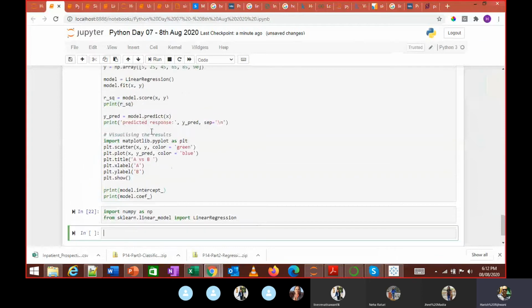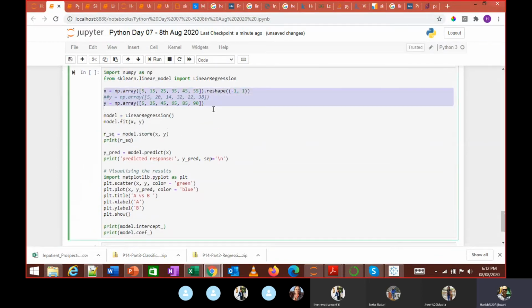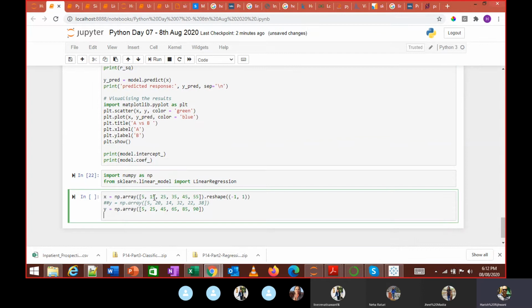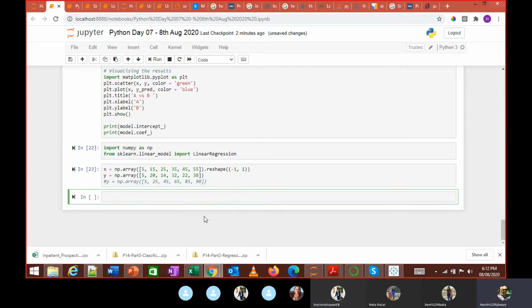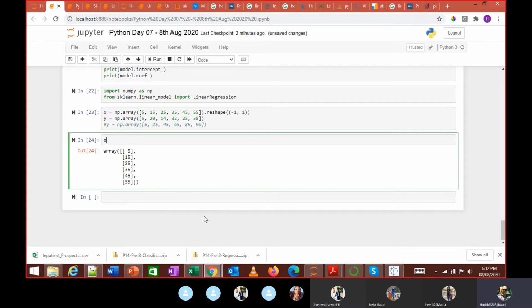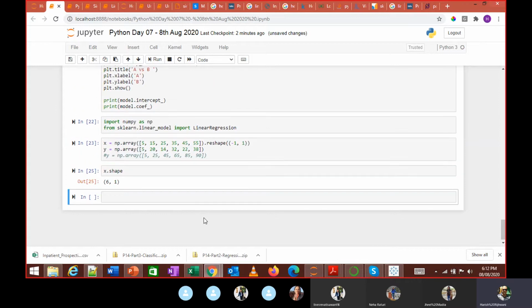The next step, I am creating two values, two numpy arrays. I need to reshape this, and I will explain that. First, let's take it this way. If I do x dot shape, I have two columns, which is the requirement, which is why I have reshaped it as -1, 1.